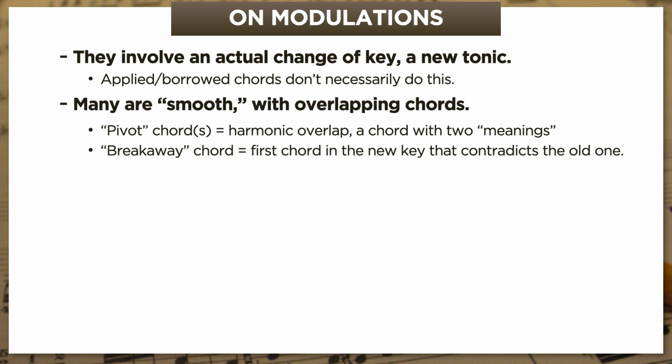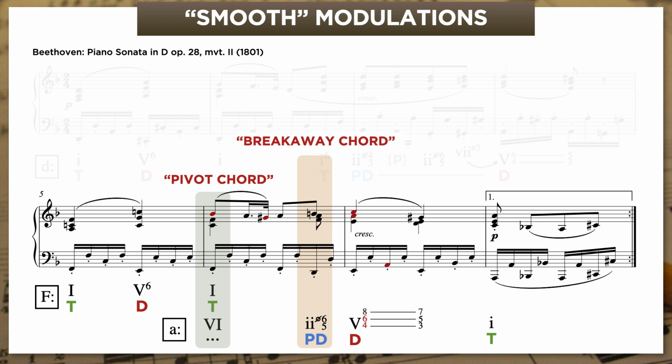Now, I want to be very clear about this. I don't just mean it's a chord that can't be labeled in the old key. We could certainly label this in the old key. It would be 7 half diminished 6/5 of 5. But why would we do that? 7 half diminished 6/5 of 5 isn't really a chord in this style. If we're thinking in terms of how F major actually works, it's an anomaly.